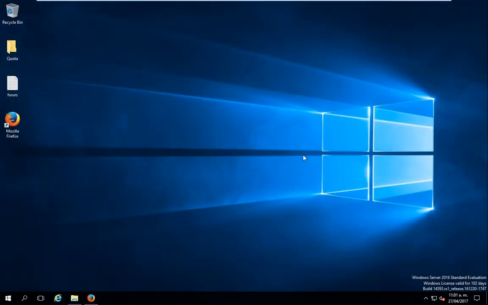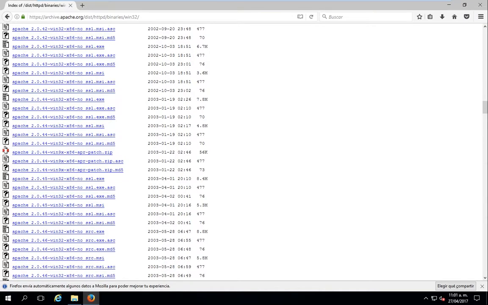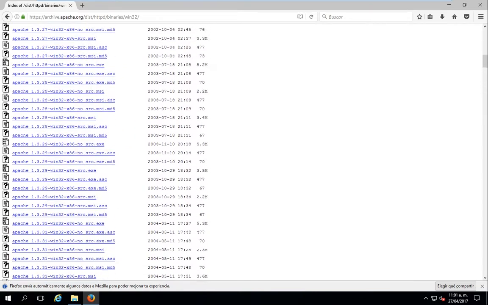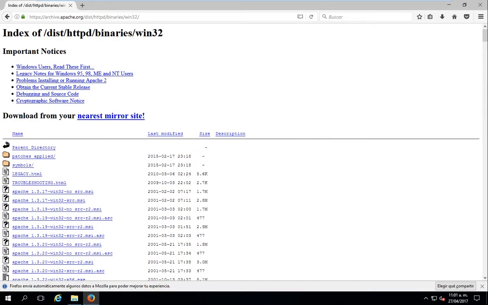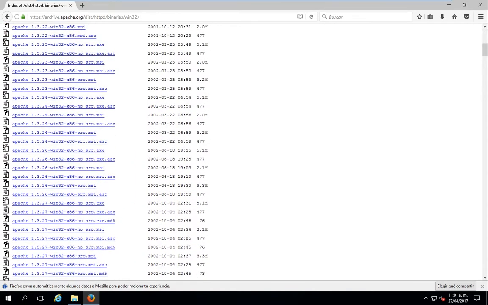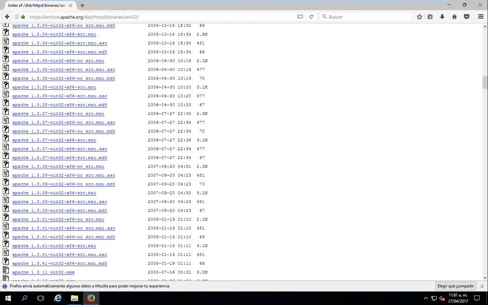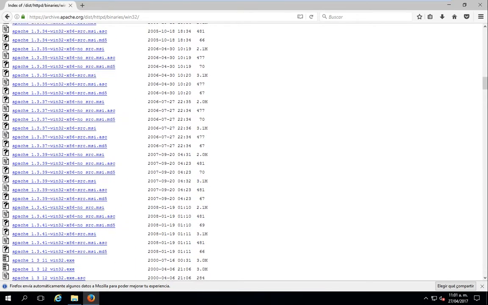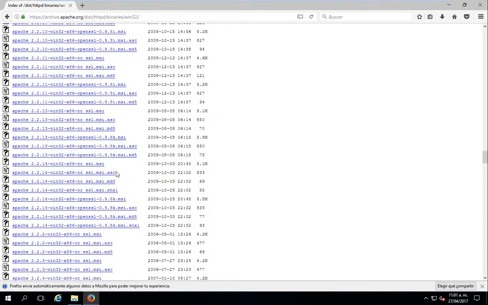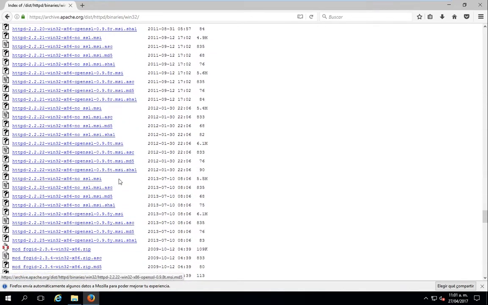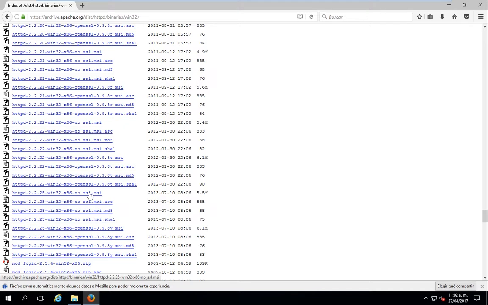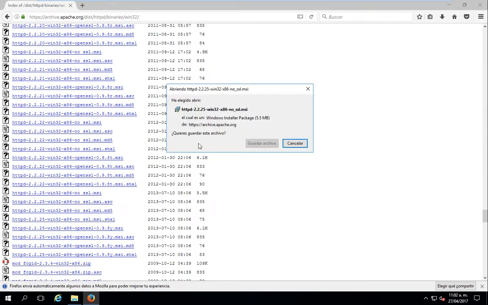Okay, now we're going to install Apache web server on Windows Server 2016, and we have to go to a web browser, and you will go to this link that I will leave in the description below. So the thing you have to download is an MSI file. We will download the newest stable version of Apache. I will download this version, then I will hit Save File,